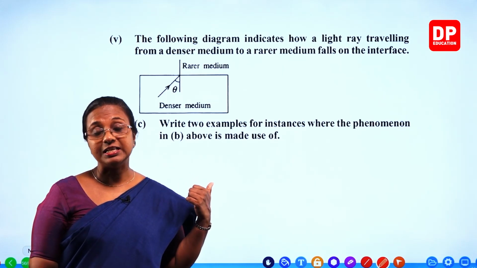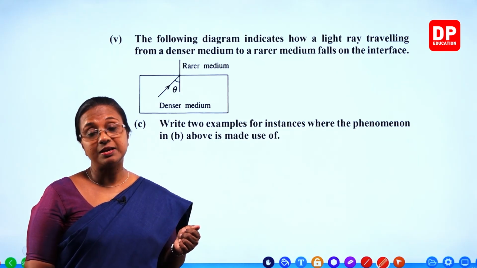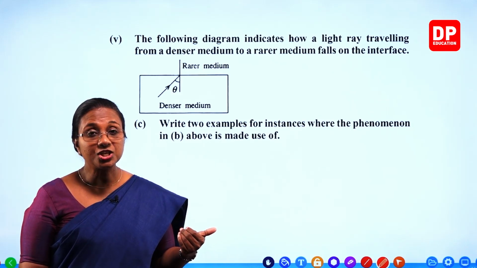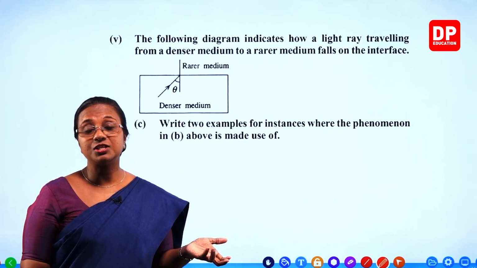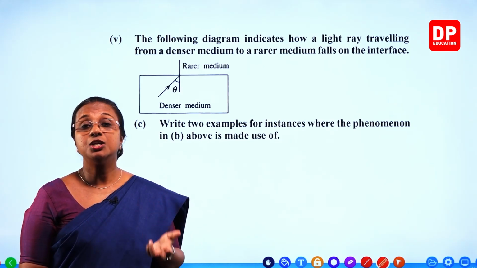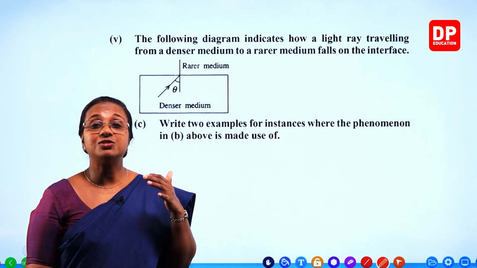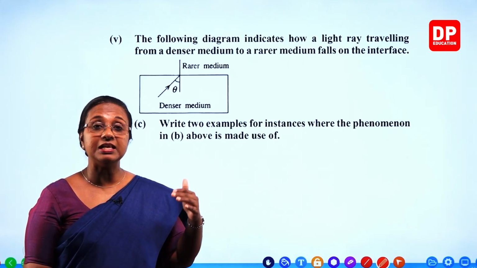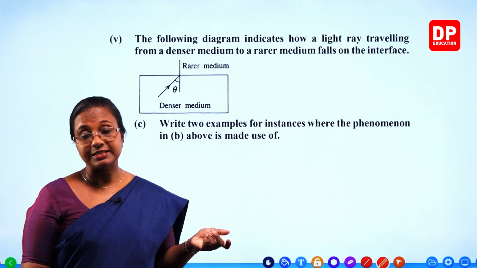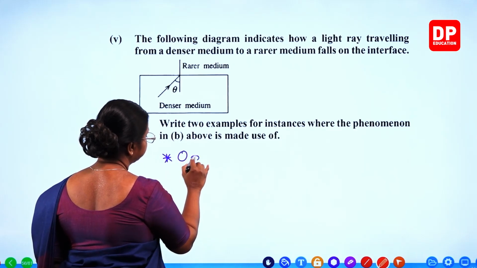So, using total internal reflection. You all can remember, students, the optical fibers. Optical fibers are used in communication, in network cable connections. There is total internal reflection taking place. That is very useful. There the transmission of data occurs very fast, and loss of data and loss of signal is the minimum, because it is transmitted by total internal reflection. So you can write optical fibers